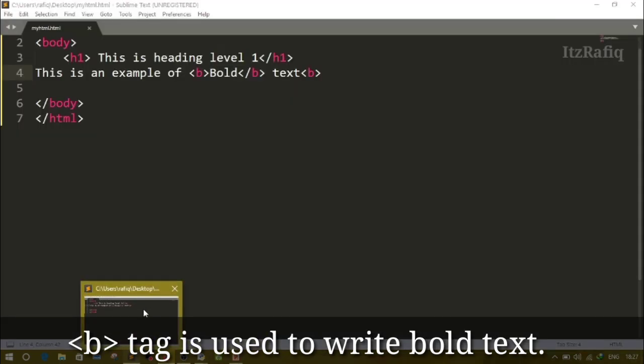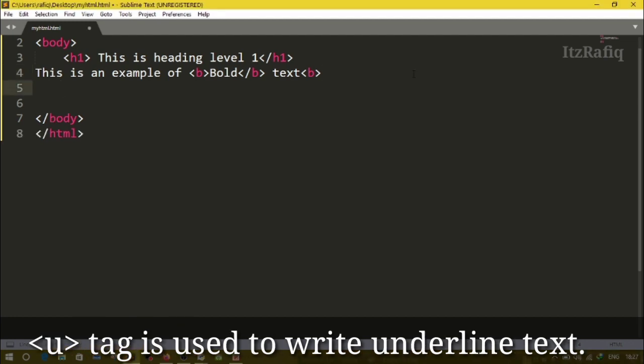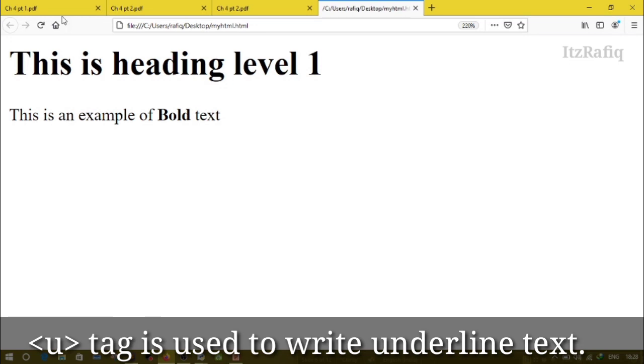After bold we have underline. Suppose, in the same way, this is an example of the underline tag. For underline you will write U, then the text whatever you want to underline, then BR. Save the page, go to the browser and reload.